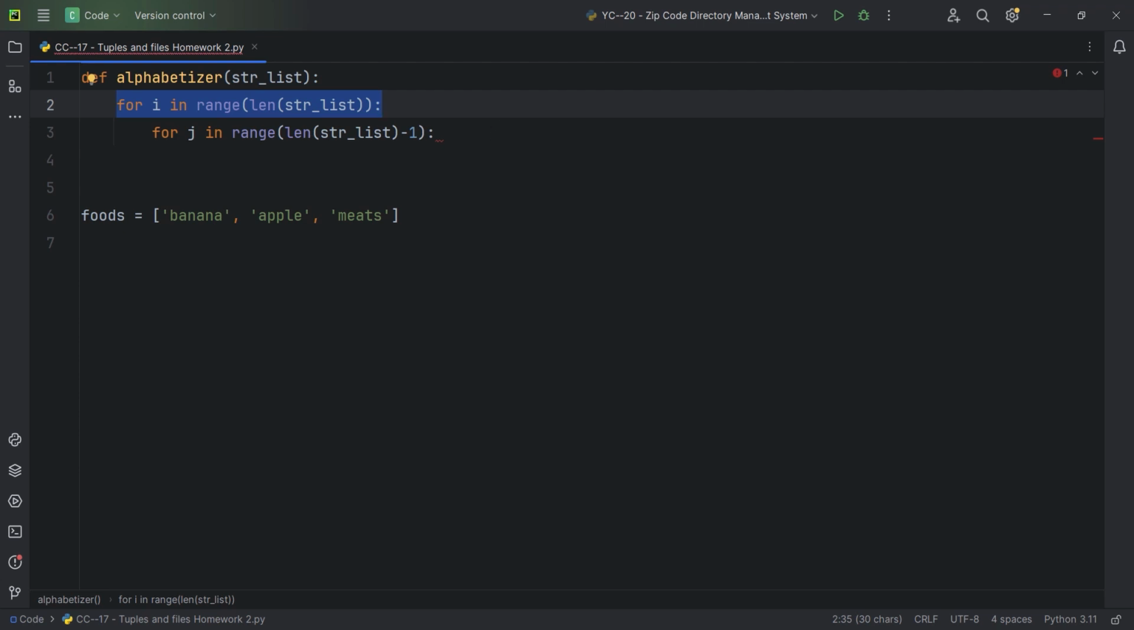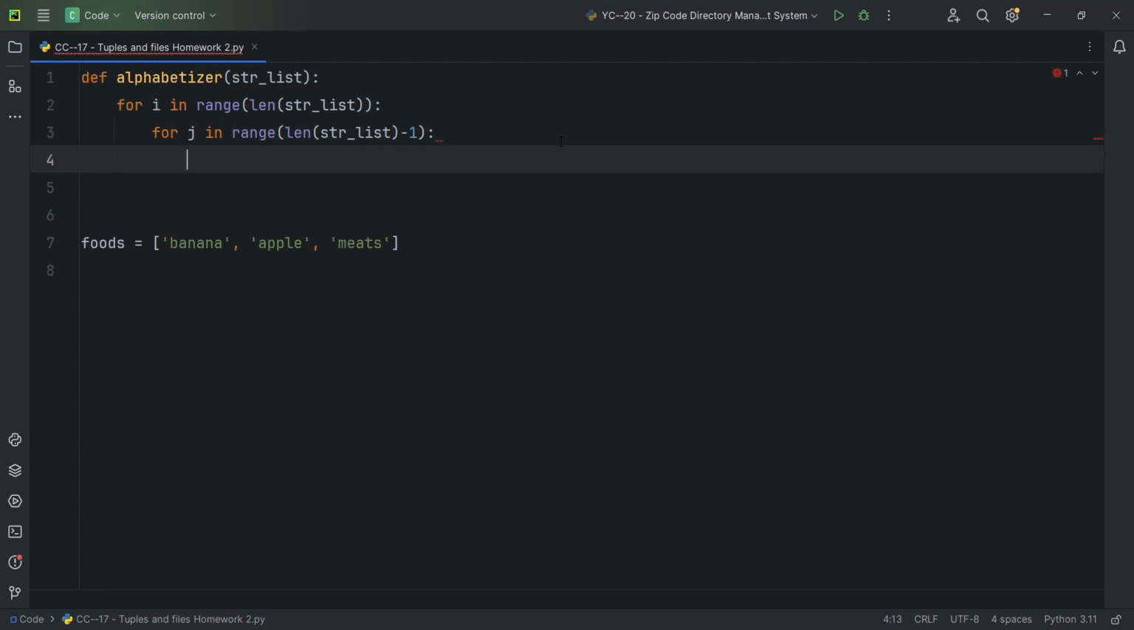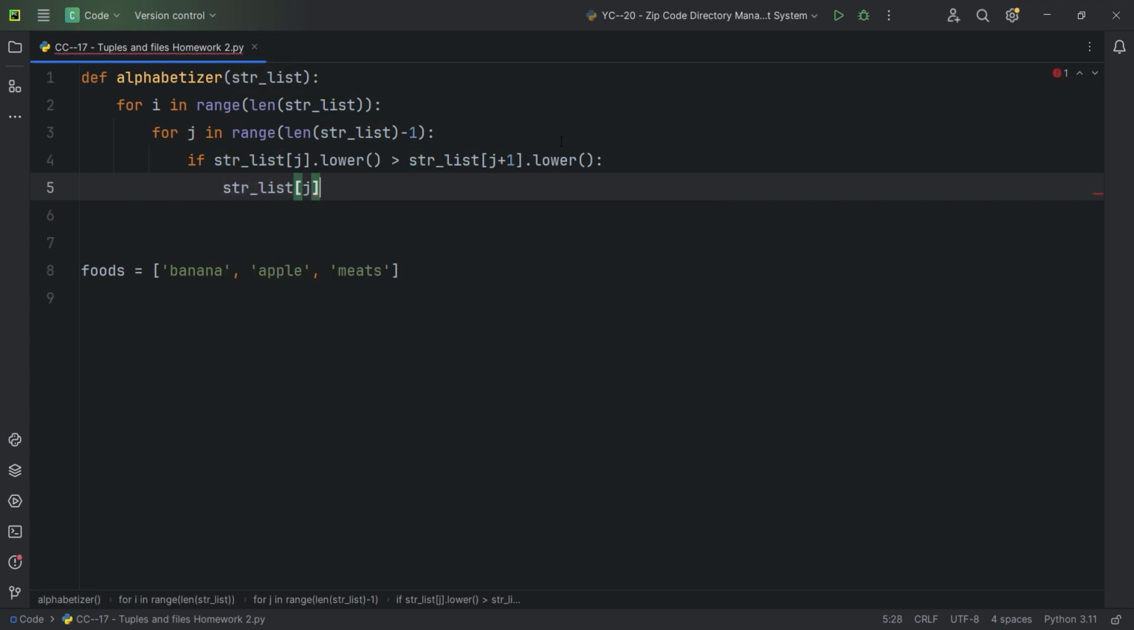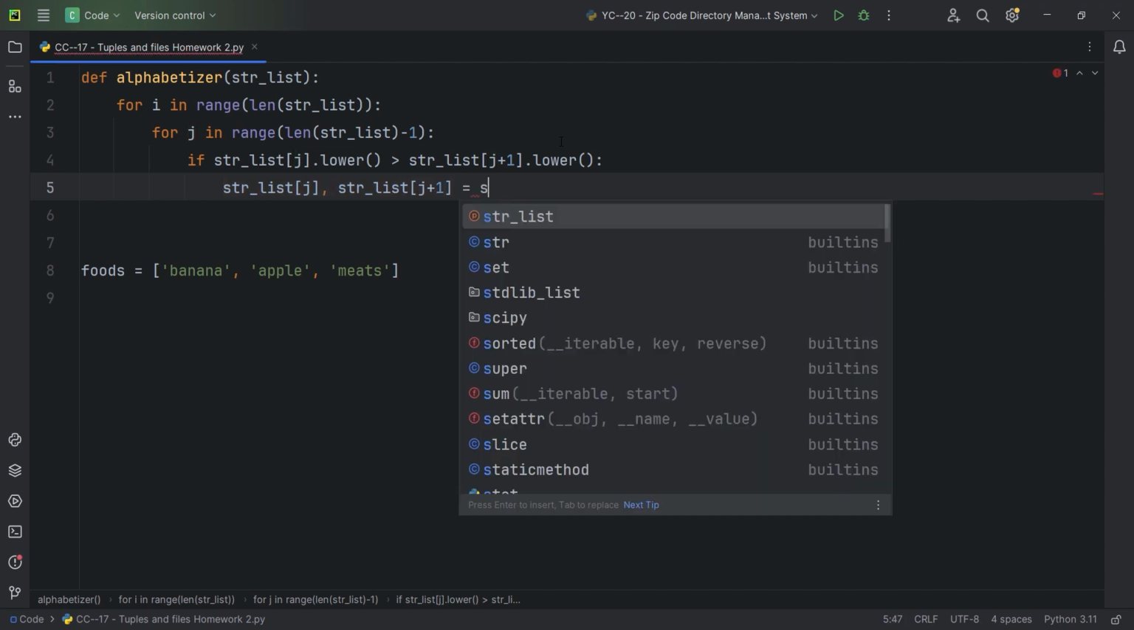So how is this going to look? Inside of our for loop, I'm going to say if the str_list at position j, of course dot lower, because we need to make sure that we don't take capitalization into consideration, is greater than the str_list at position j plus 1 dot lower, I'm going to swap them. I'm going to say that str_list at j, comma, str_list at j plus 1 is equal to str_list at